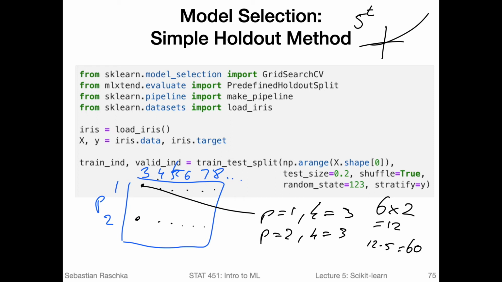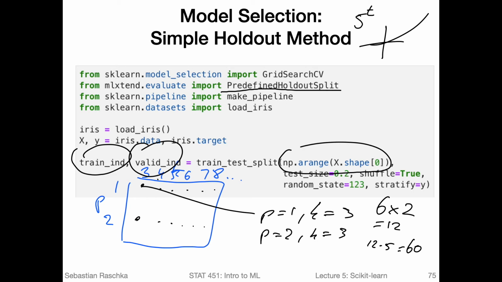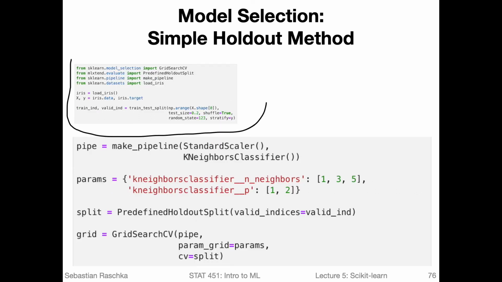Unfortunately, GridSearchCV by default is a little bit trickier to use for the holdout method compared to k-fold cross-validation. So we have to do some manual tweaking, which is maybe why it looks so much more complicated than it could be. What we are doing is using this predefined holdout split here, which is a method that will just return the indices for a training set and a validation set, given all the indices in the data set. And for simplicity here, also assume we have a separate test set tucked away somewhere. Again, here we created our training indices and validation indices.